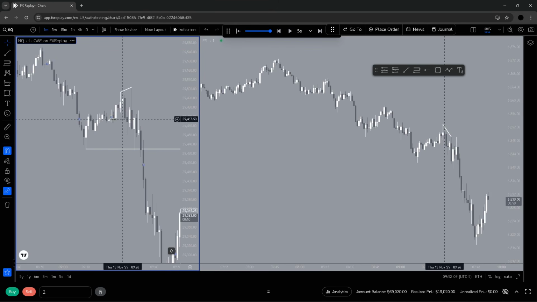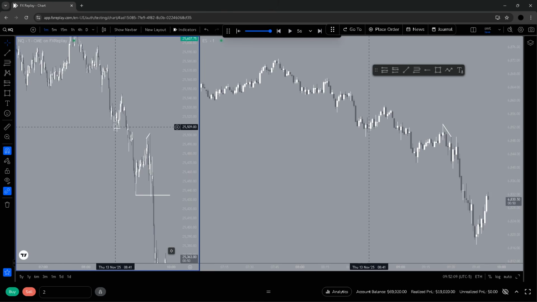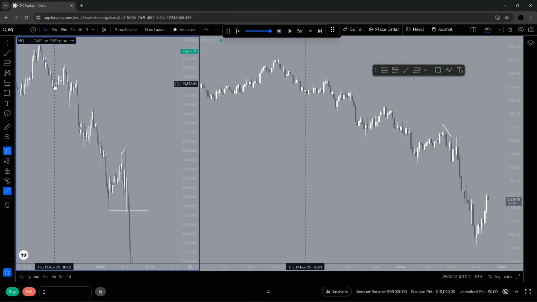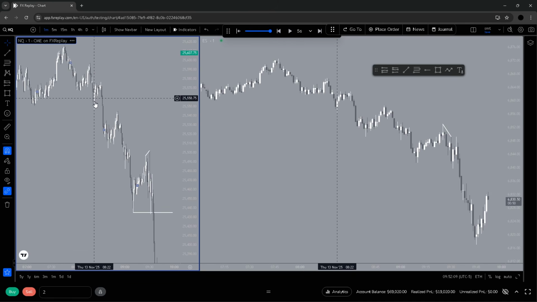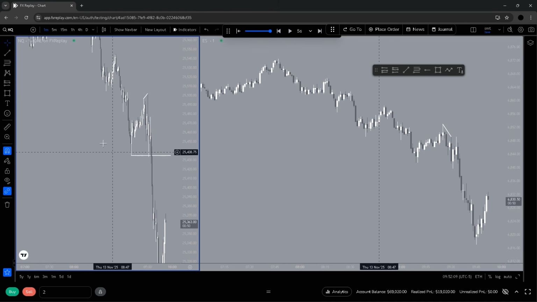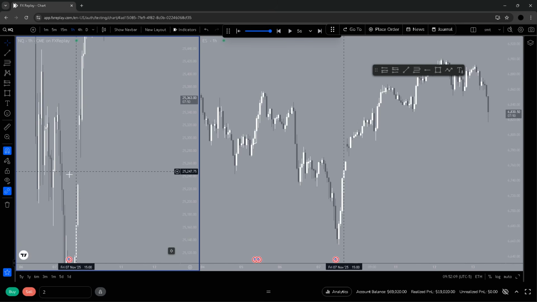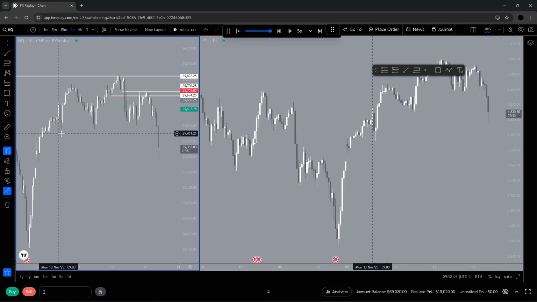The reason I was so confident is because we had higher time frame manipulation. So look, up here: displacement lower, rebalance, displacement, manipulated these lows, rebalance, displacement, rebalance, displacement, rebalance, displacement. Manipulation right here, we're just manipulating lows multiple times, bro. This tells me that we want to displace towards a draw. This weekly gap is the clear draw. I don't care about these lows, they're building up. This has all generated liquidity on the higher time frame.